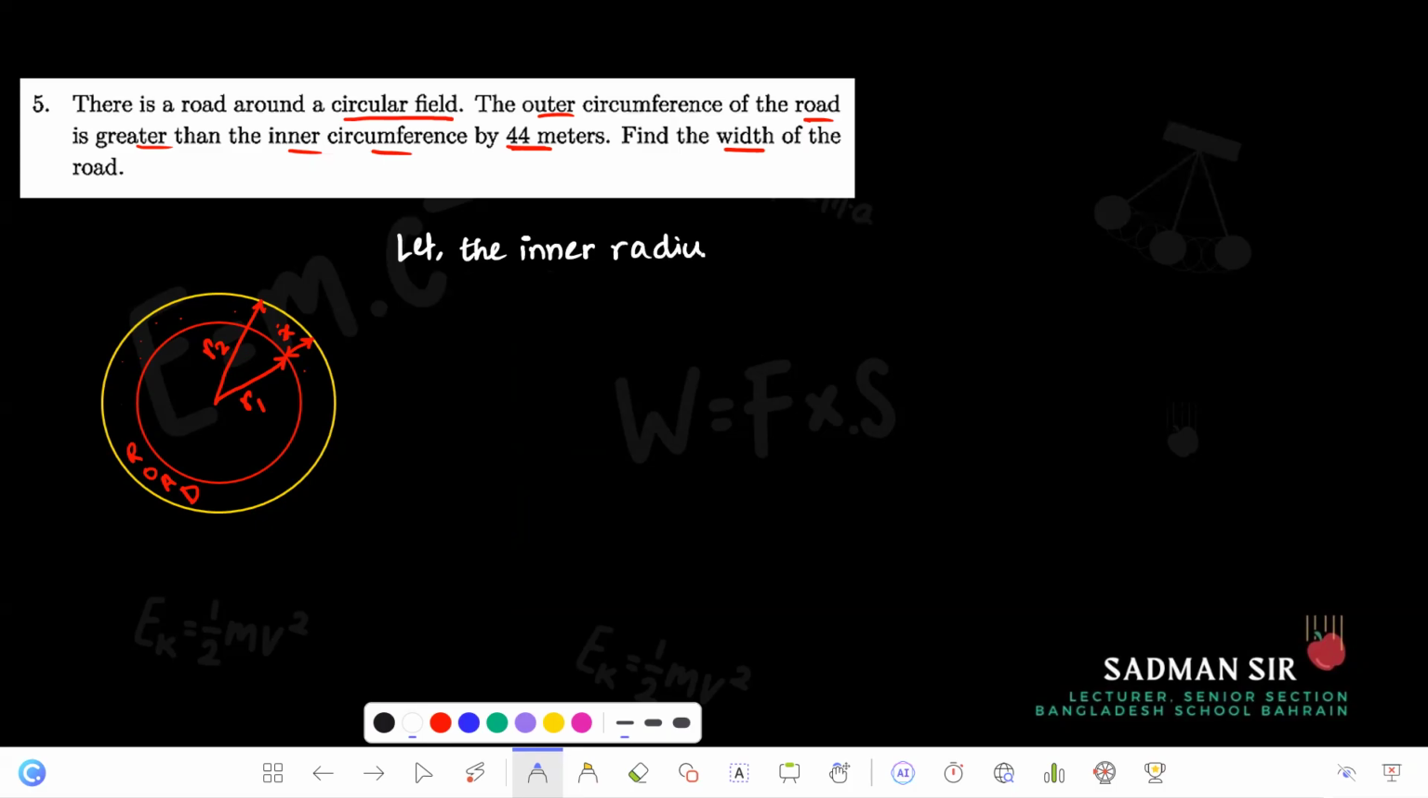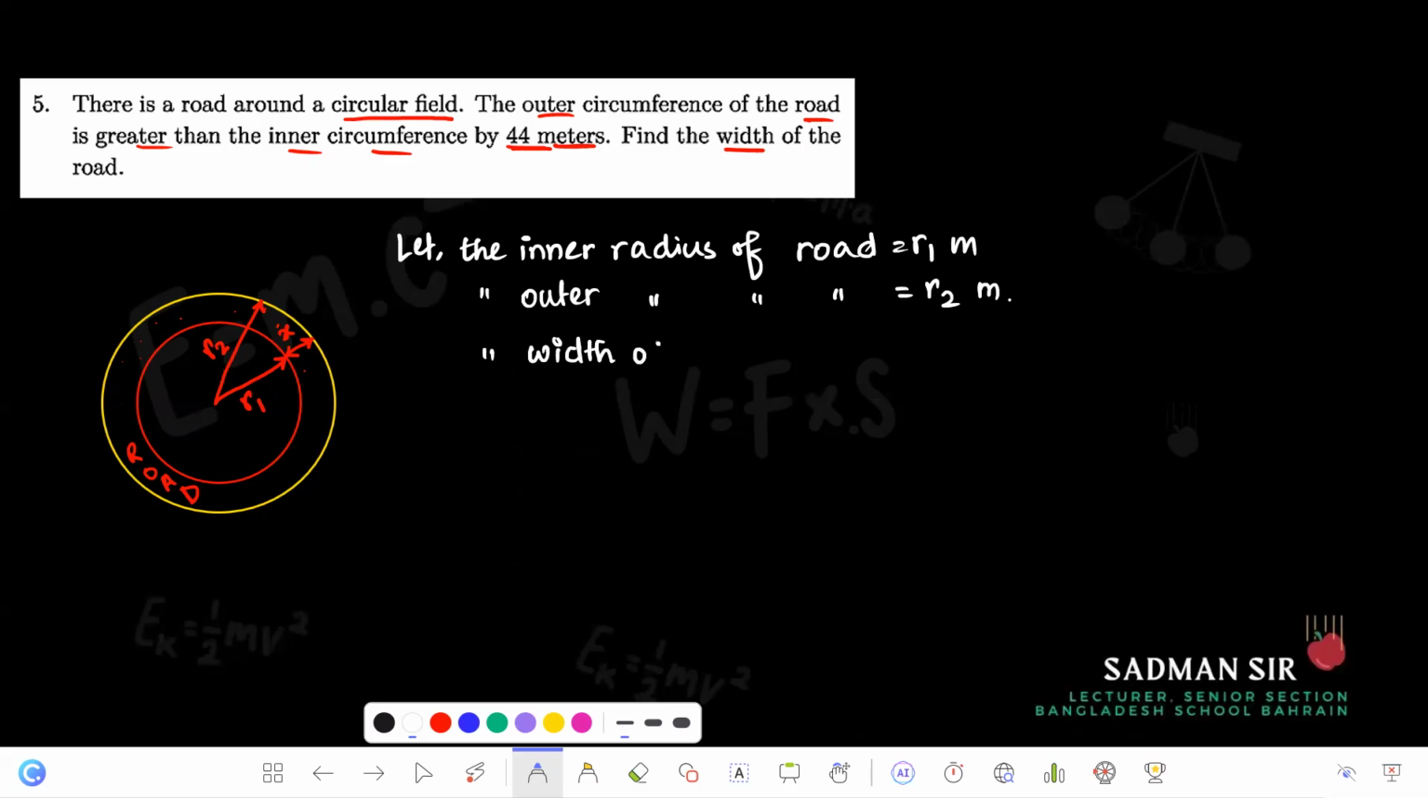We have to write these things properly. Write: let the inner radius of the road equal R1. And for R1 we have to write meter, because 44 is given in meter. The R1 is in meters, then the outer radius of the road is equal to R2 meter, and the width of the road,